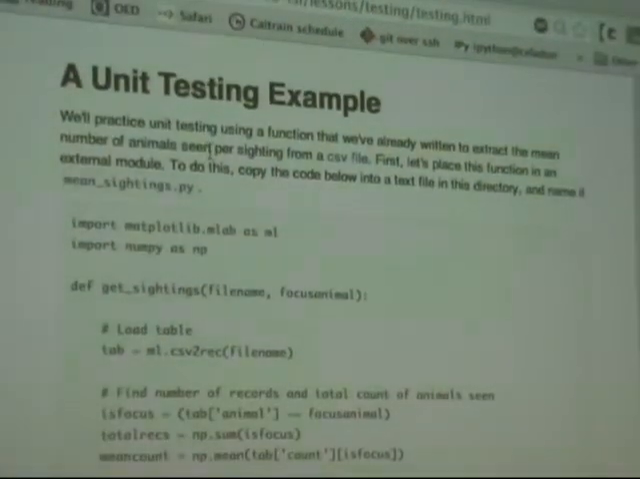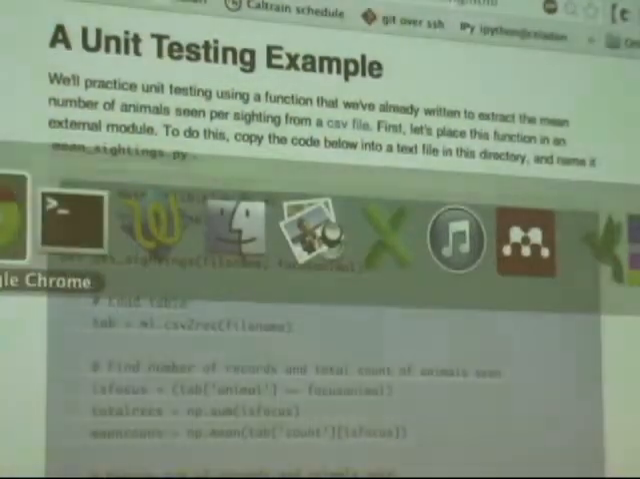Okay, with that, let's take a very simple example. Down here in this unit testing example, there is a little function. Let me just copy over this code. And what I'm going to do is